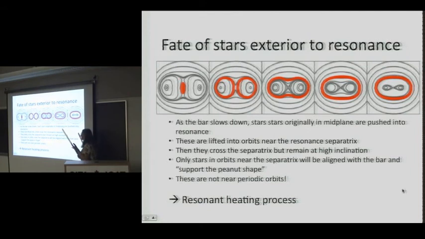So you can ask what stars are capable of actually supporting an elongated peanut shape that's in phase with the bar. It's only aligned with the bar, and those have to be aligned angles either along 0 or pi. So as you get further and further out, they stop supporting the bar eventually. So only the stars really near the separatrix of the resonance are going to support